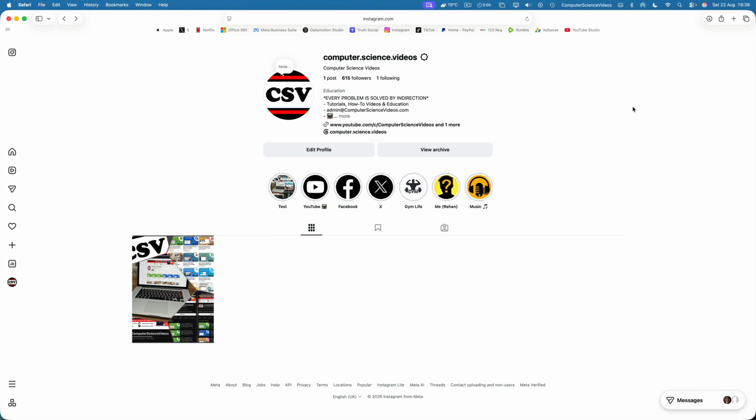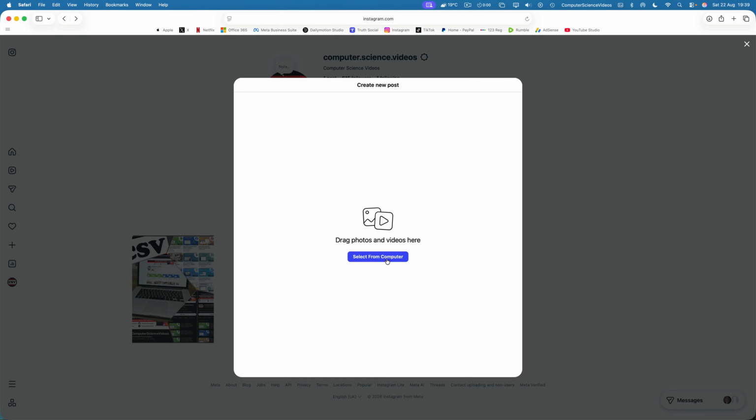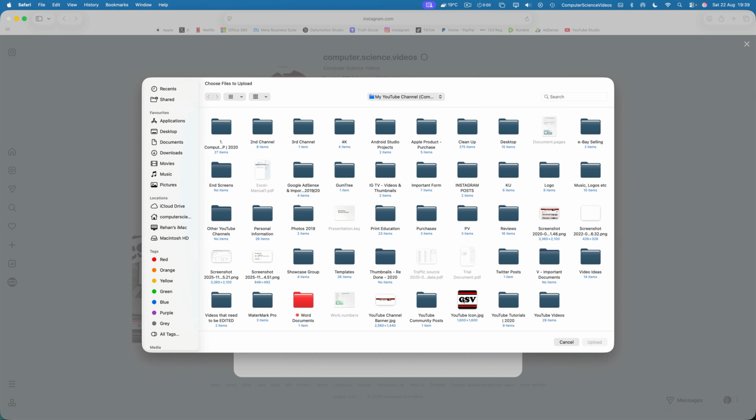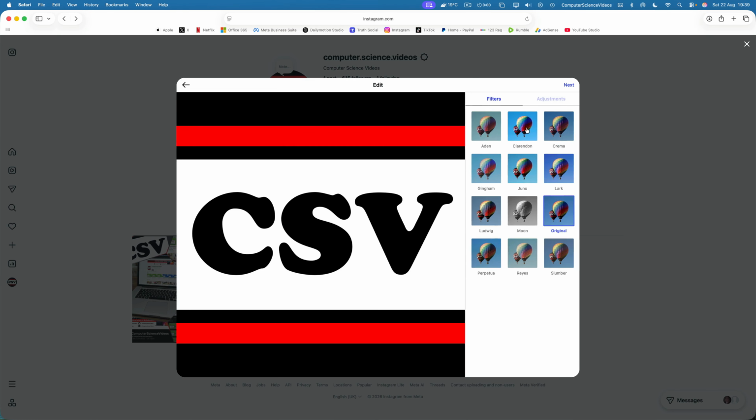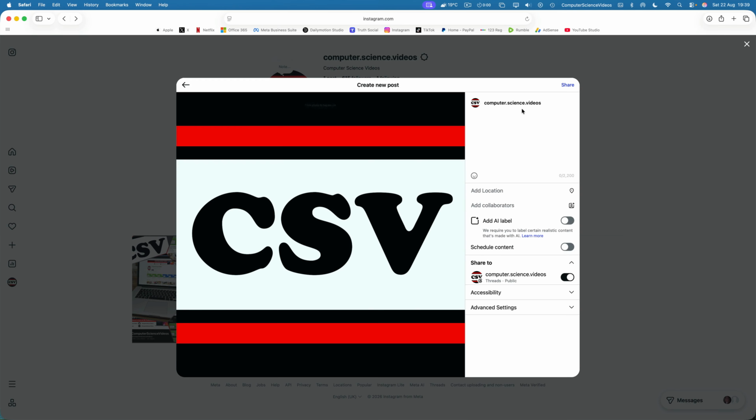The second hidden feature that nobody wants you to know of is uploading content through the desktop. So we can click on create, post, select from computer, click on upload, next, choose a filter, click on next, write a caption, hashtag Computer Science Videos,